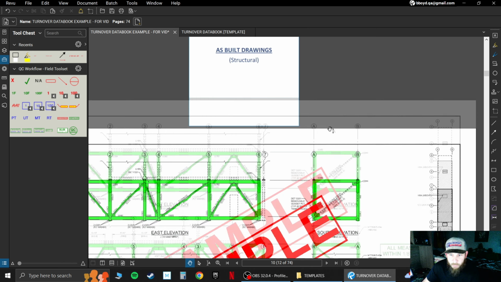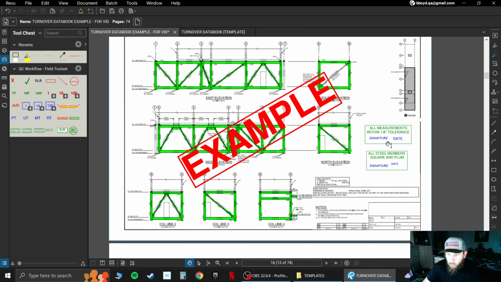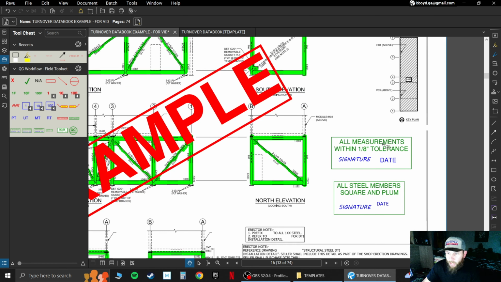Moving on to as-built drawings. This is just some steel drawings I highlighted in Bluebeam as I walked them down, checked measurements, checked elevations, made sure that everything was acceptable. Once I felt good about it, I stamped it, showing that all measurements were within tolerance and all steel members